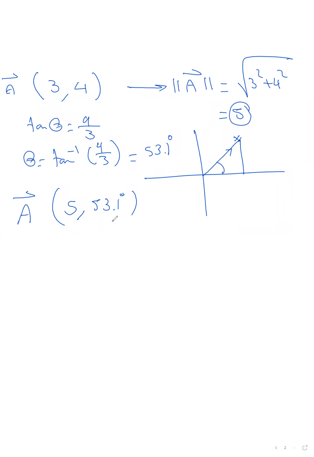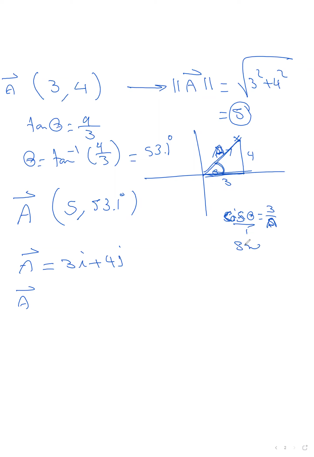كأن الفيكتور A ده الكومبوننتس بتاعته 3i plus 4j. كأن الفيكتور A عبارة عن لو الانجل دي كده 3 4 and 5 يبقى دي ادي الفيكتور A اهو. يعني لو قلنا ساين سيتا تبقى بكام هنا؟ تبقى 3 over 5 3 over A. تمام؟ دي مش المفروض 4 over 8. كوزاين سيتا equals 4 over A. مش كده ولا ايه؟